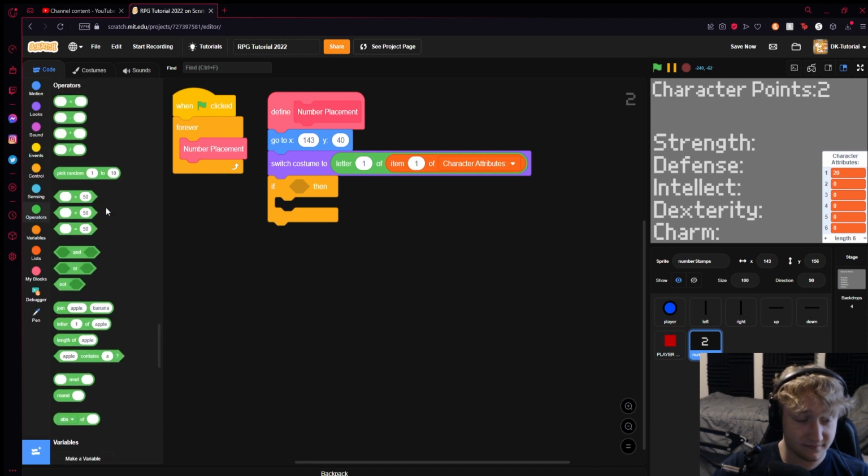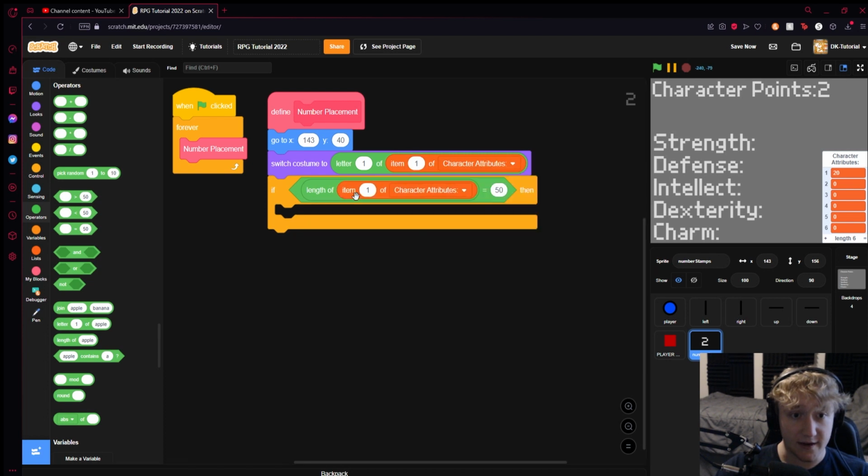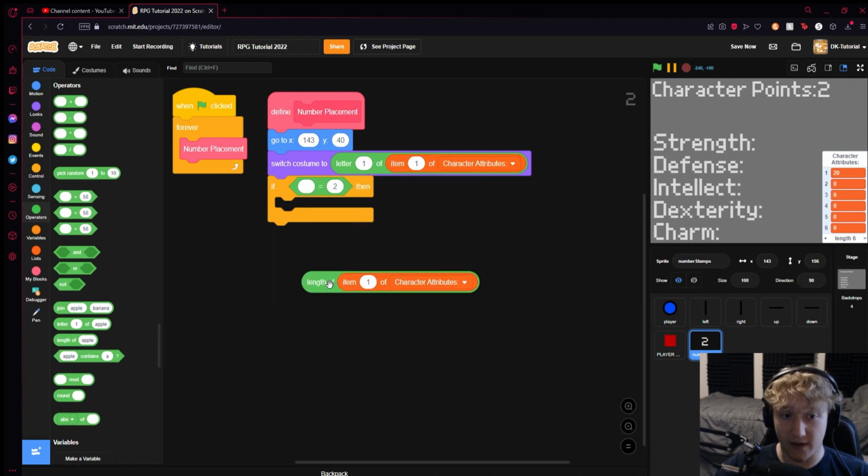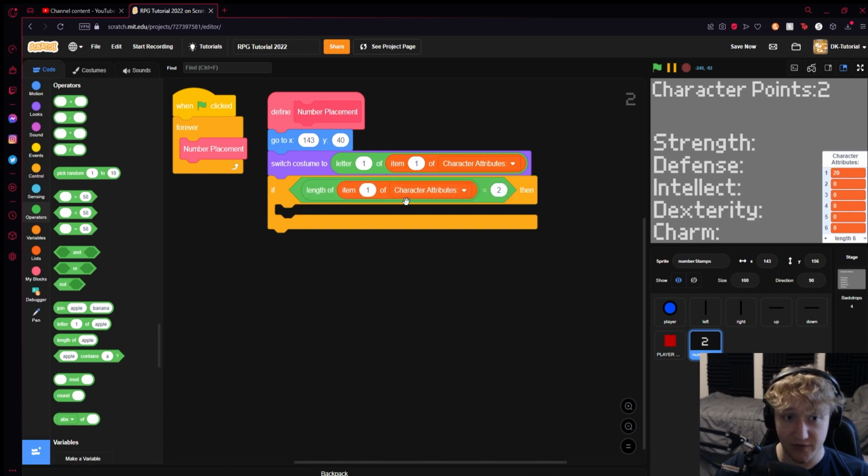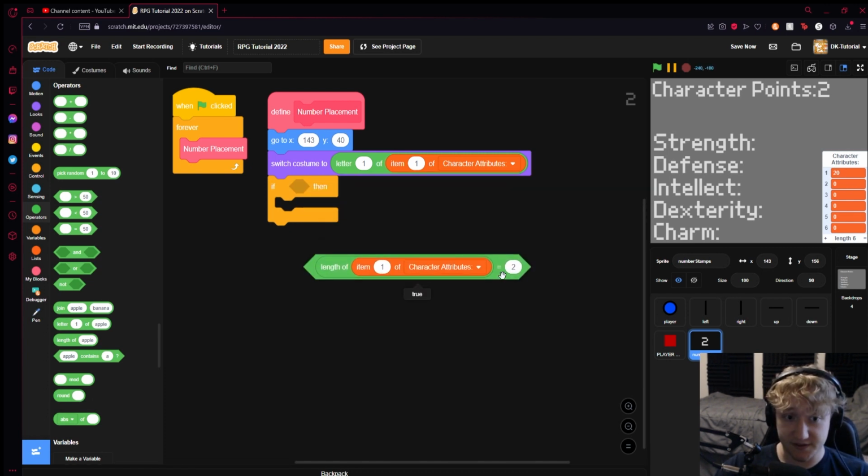Since mine's 20, we can check how many digits are in the first section. So I can do if length of item 1 of character attributes is equal to 2. Again, if you have 3, you'll make this 3 and then do it again. Length of item 1 of character attributes is 2 because there are 2 digits in this first slot. So if it's equal to 2, which should be true if we run this, true,